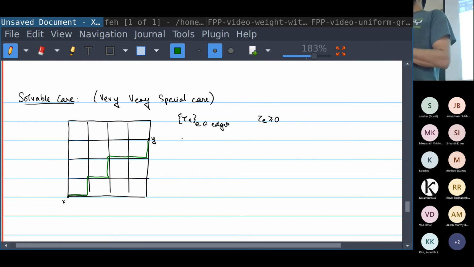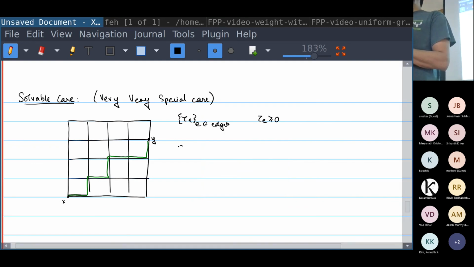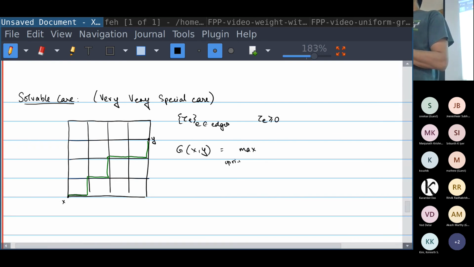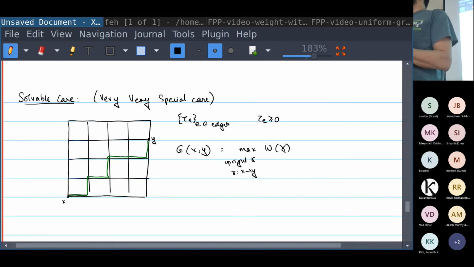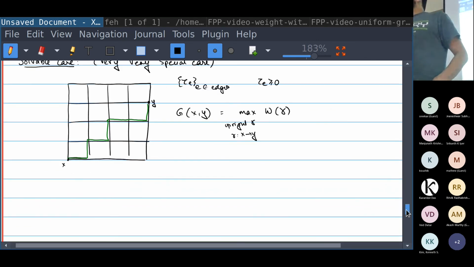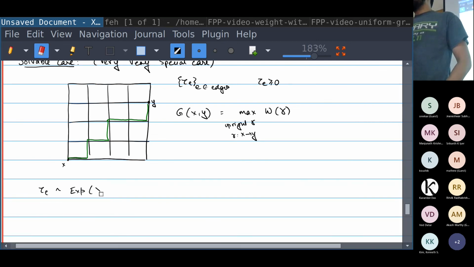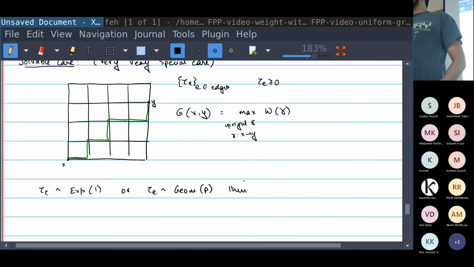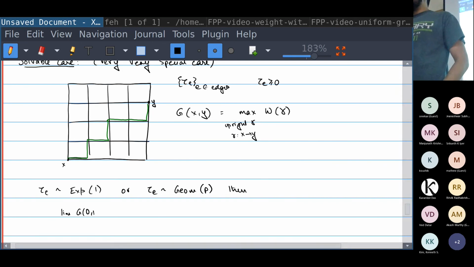So, I should say that the passage time from x to y is now a max over upright paths gamma from x to y of the weight of each one. And now, if I set my weights to be exponential 1, but exponential lambda works, of course, or geometric p, then the limit g0 and x defined the same way